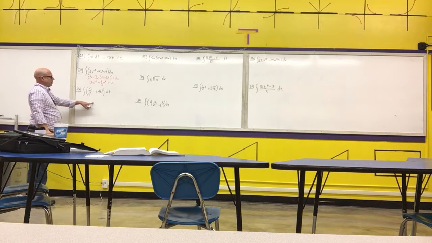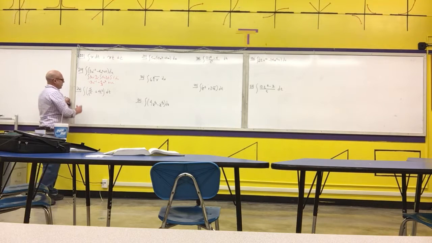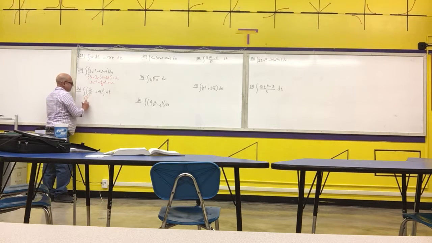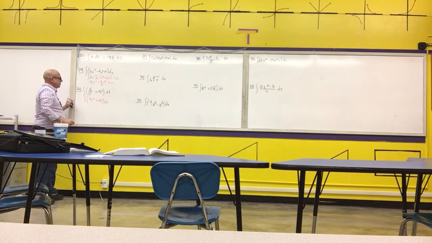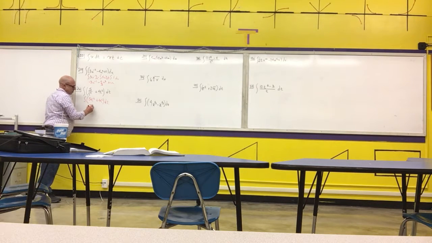So this next one I'm not going to break up, but I am going to rewrite it so it follows our rules. I'm going to rewrite it as the antiderivative of 5t to the negative 2 plus 4t squared. Add 1 to the exponent. That gives me t to the negative 1. Divide by the new exponent. So I have 5,